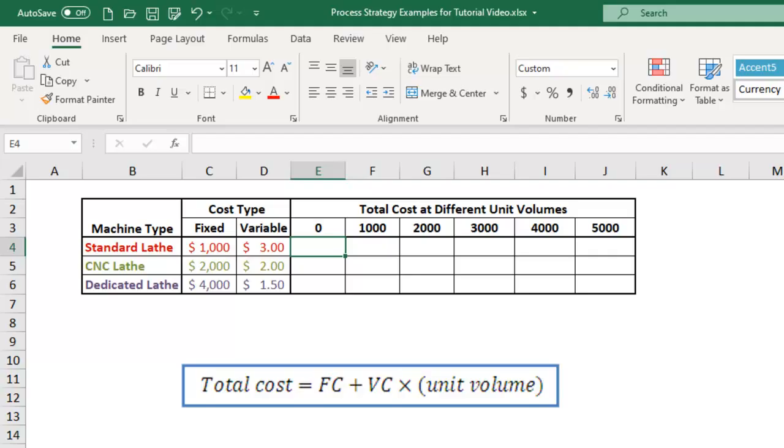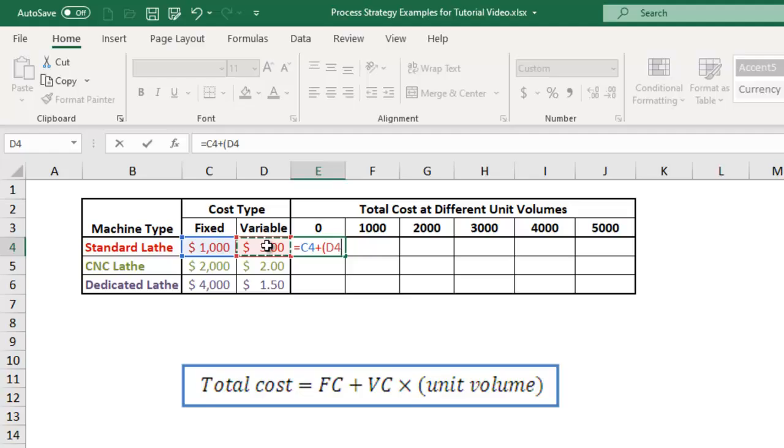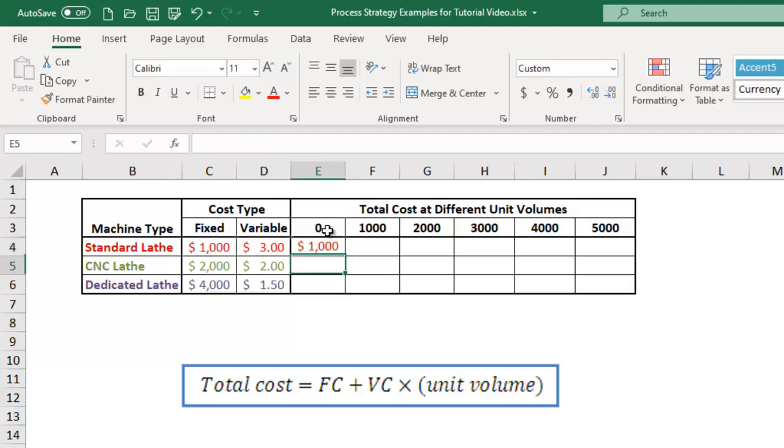Or finally we can go to a highly automated, very fancy, dedicated lathe. It's going to cost us $4,000 up front, but the variable cost per bolt is even lower at $1.50 per bolt. So to compute the total cost, we're going to begin with the standard lathe with a volume of 0 units. So we know the cost is going to be 1,000, but we're going to write the formula here and show you how this is done. So it is equal to the fixed cost of the lathe plus, and then open a parentheses, the variable cost per unit times the number of units produced, 0, close parentheses,